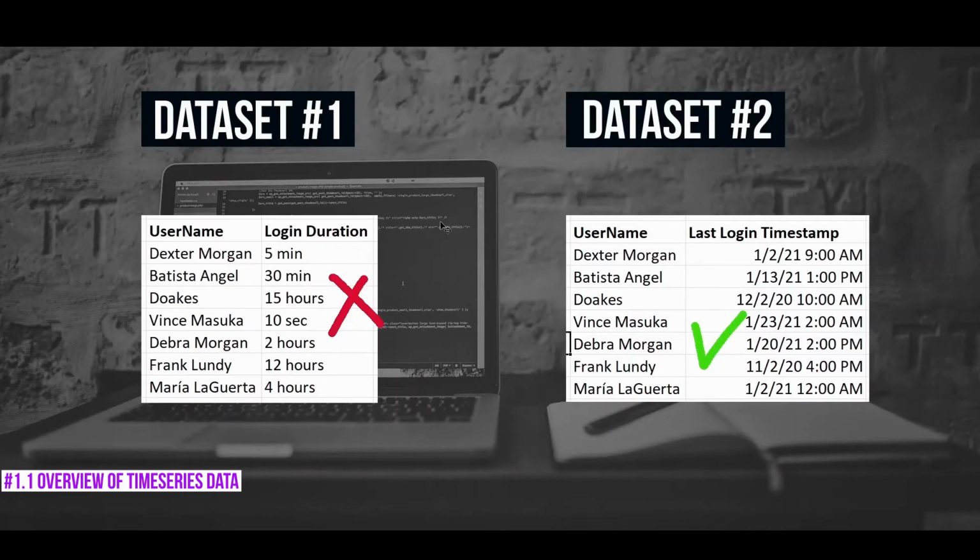Time series data is also known as timestamped data. One thing to keep in mind here is that we need to collect the data against a timestamp and not a time duration. I want to illustrate that point using these two examples. This is some fictitious user login data, and on the left hand side we are capturing the login duration of each user in an application. Even though it represents some element of time, this does not correspond to time series data because it has to be captured against a timestamp. And on the right hand side you have the exact login timestamp of each user, which does represent time series data. So keep in mind, the data needs to be captured against a timestamp and not duration or anything else.